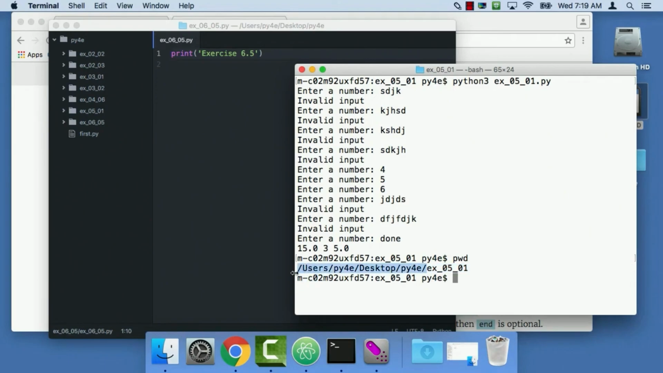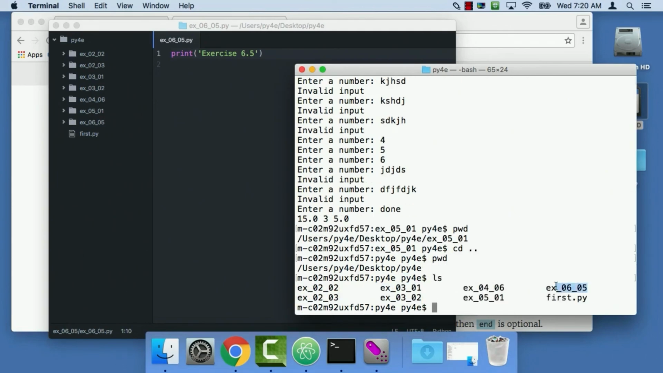I can use the command cd .. That sort of thinks of the one before, the one that came before. And so now I'm up one directory. And if I do an ls, I will see that this new EX0605 that I just created in this directory from Atom is already there. cd